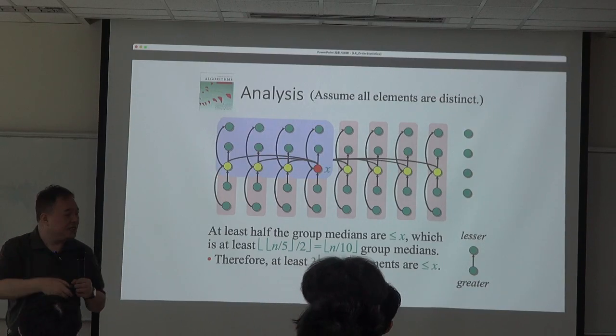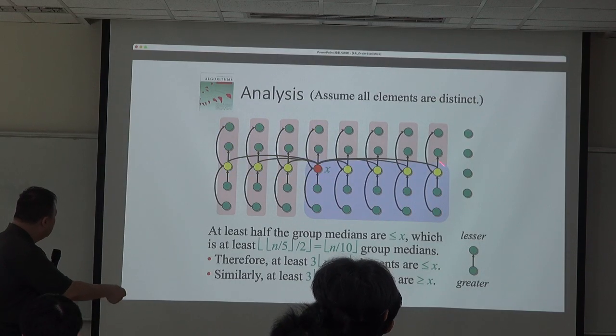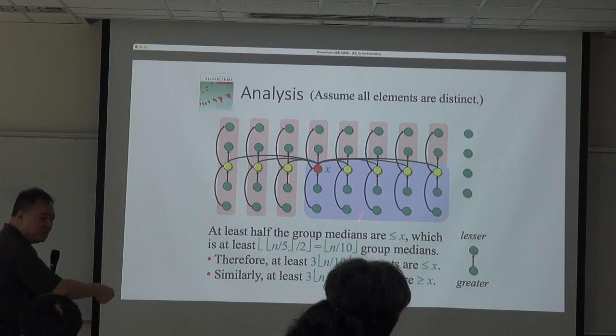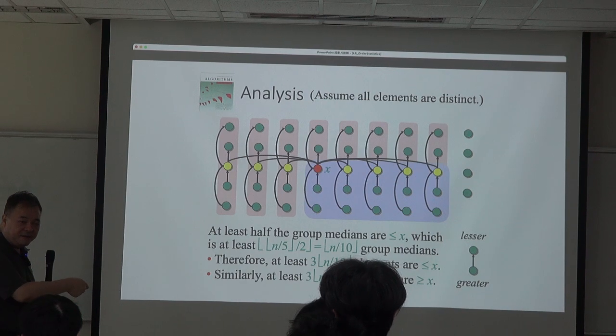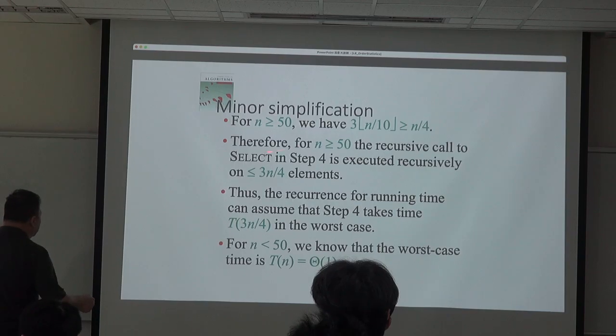Yeah, if it's not in here, or if it's smaller, then it's going to be in here, which is n divided by 10 times 7, right? Okay, so basically,